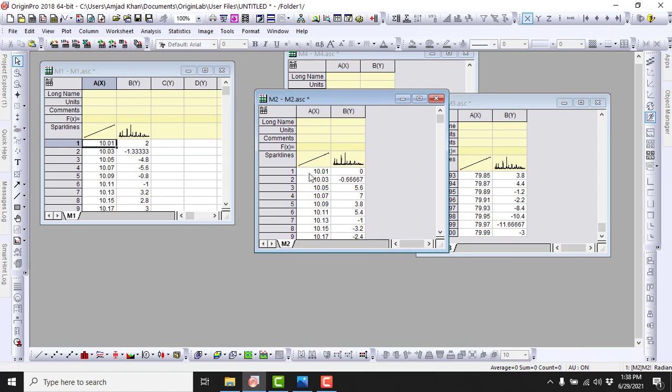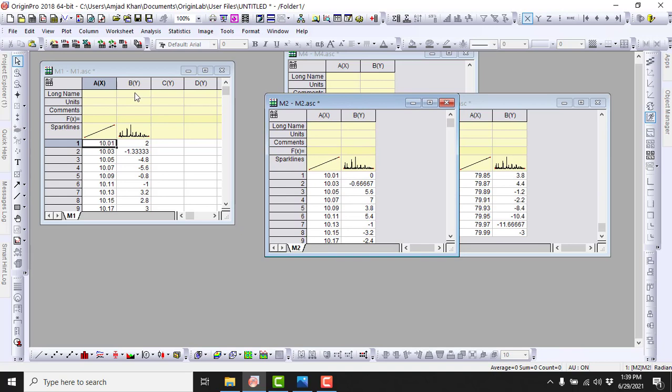So the x-axis values for all the samples are the same, from 10 to 80 degrees, and the scan rate is 0.02 degree for each sample. Therefore I do not need to copy the x-axis values for each sample individually. I only have to copy the y-axis values. I also need to label these samples by writing their names in this window.